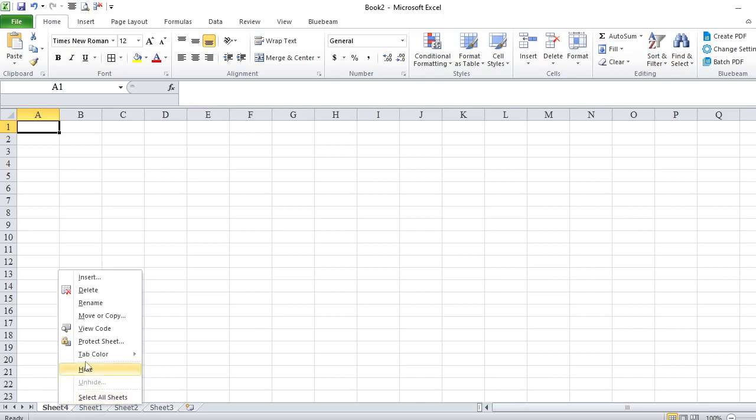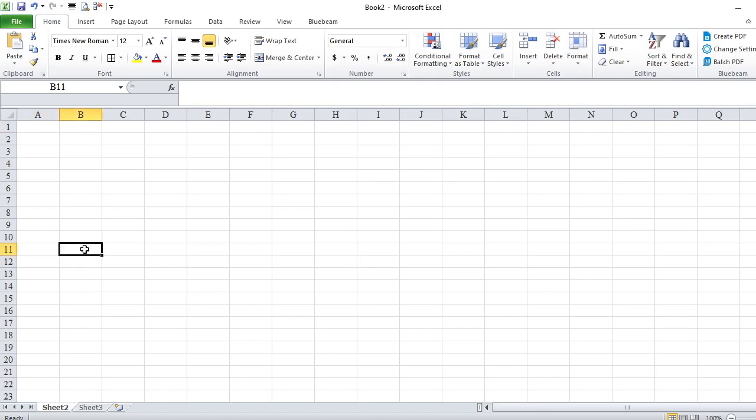Let us delete it just for convenience. The next option is Delete. We can delete this worksheet. If we want to delete Sheet 1, just click Delete. Yes, it is deleted. If it has data, it will ask you for confirmation.